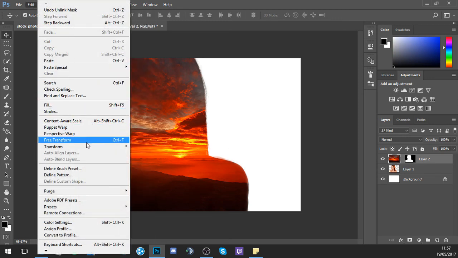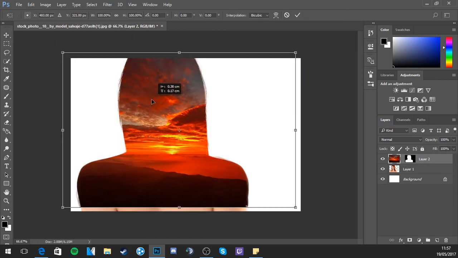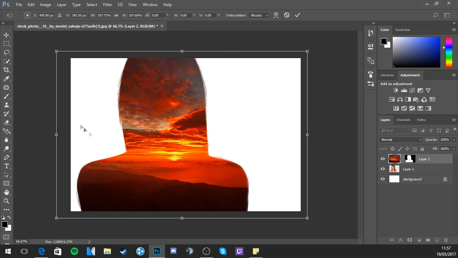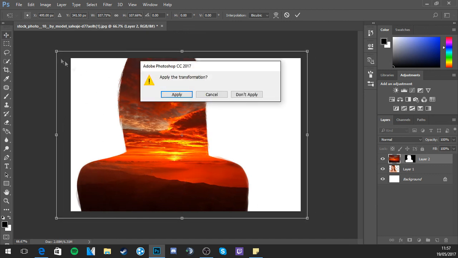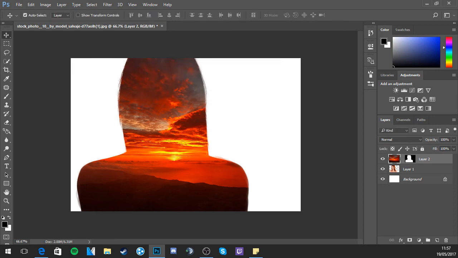I don't really know what he did. Oh, he went transform scale, and that just basically allows you to do what I did with Control T. So you don't. There is some shortcuts you can use. Actually, let's go Control D. No, that doesn't work. I thought Control D was deselect, but apparently not.